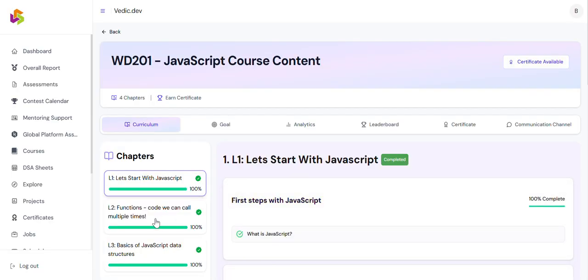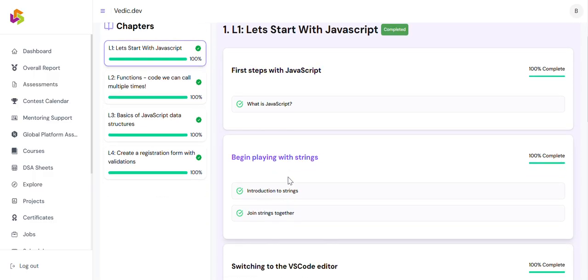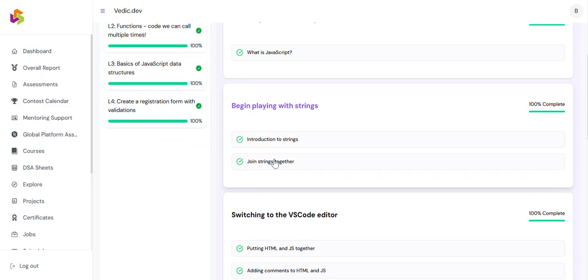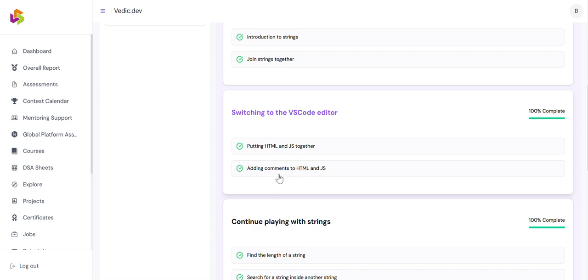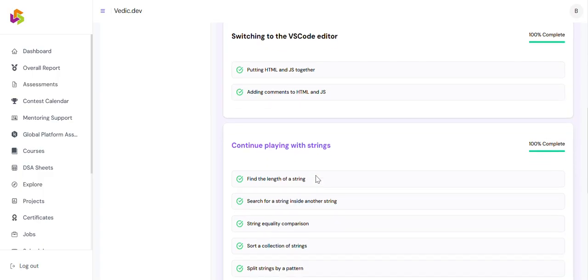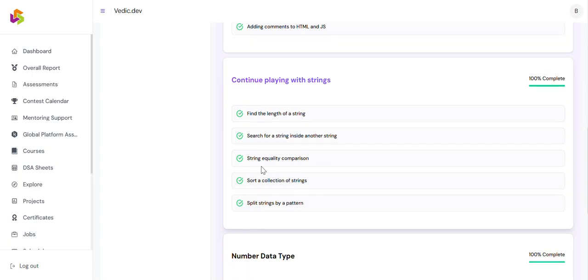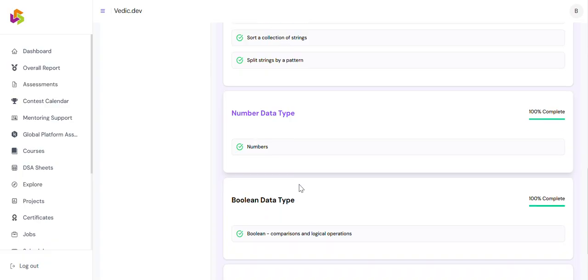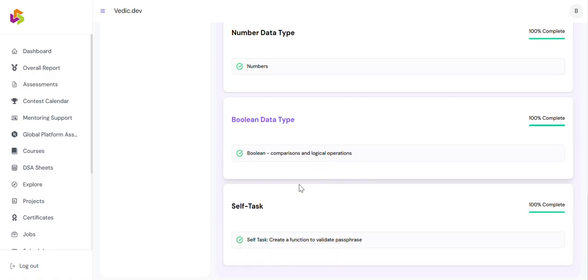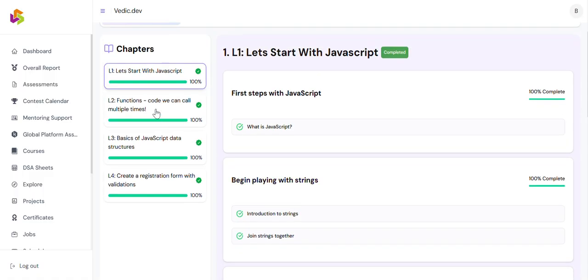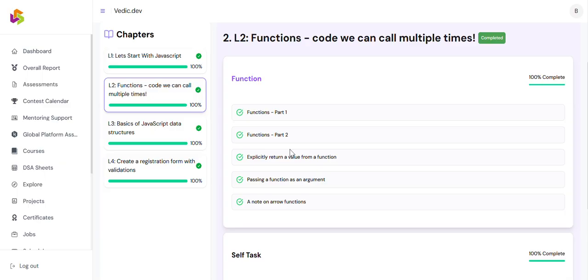In the 201 course, we have discussed the concepts in JavaScript: joining strings together, putting HTML and JS together, adding comments to HTML and JavaScript, and continuing to play with strings, like finding the length of a string, sorting and splitting, and about different topics like data types and boolean data types. Again, we have done multiple coding exercises on functions, and